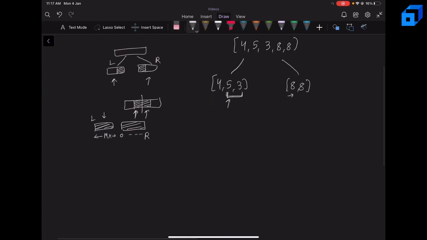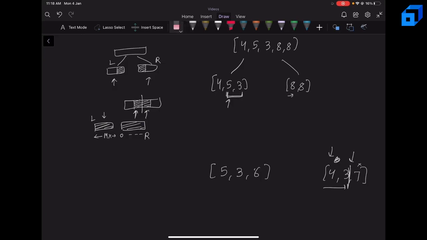So for this example, let's take a different case. We have 4, 3, 5, 3, 6 and 4, 3, 7. For 6, our current maximum is 6. Now we know that 4 is less than or equal to 6, so we can increment the right pointer. Again, 3 is less than or equal to 6, so we can increment the right pointer. But now we cannot take 7 since 7 is greater than 6. So for this index, we have this element which can be the rightmost index.